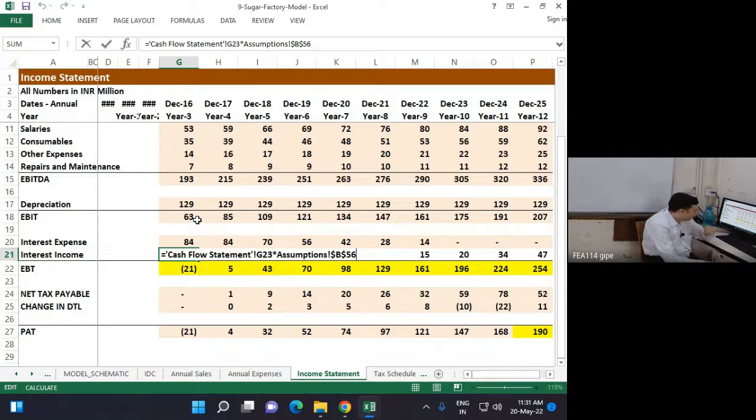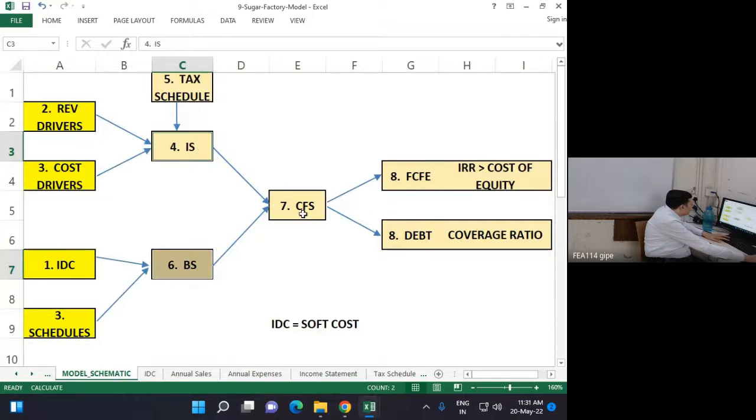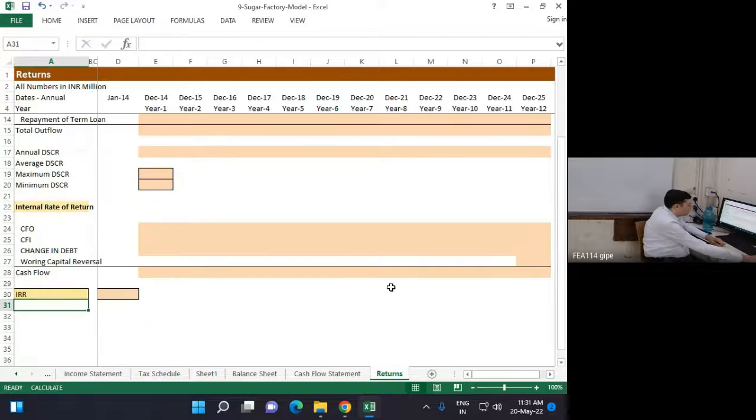Okay, 190. Now, we are almost done with the model. The only thing we want to do is find the IRR and DSCR. So let's take a 5-minute quick break, and then we will come back to the returns page. First, we will discuss the coverage ratio, and then we will find the IRR and DSCR for the